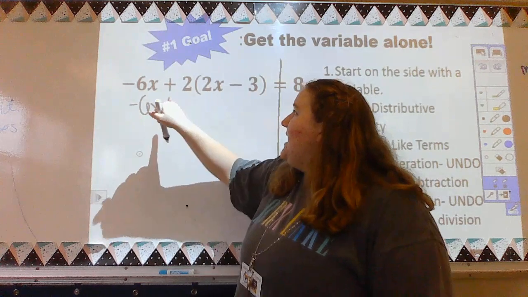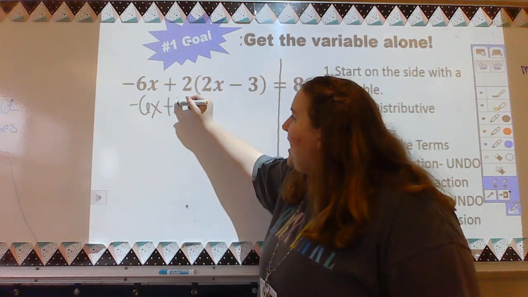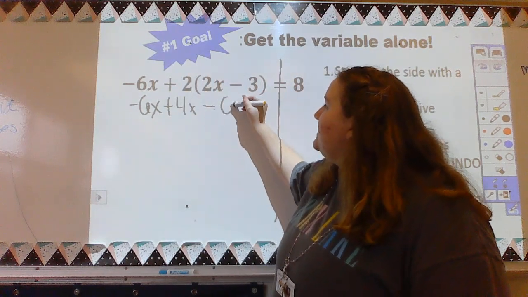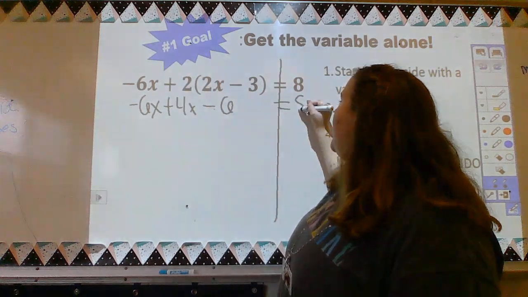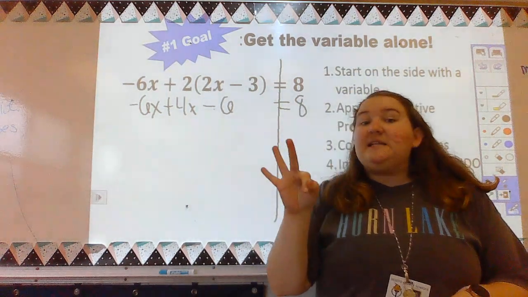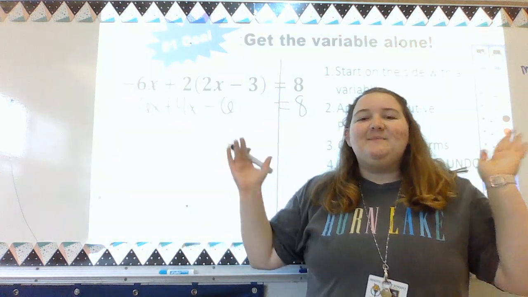Okay? Now, 2 is in front, so I'm going to say 2 times 2x is positive 4x. 2 times negative 3 is minus 6. Bring down your equals, bring down your 8. Okay? Now, because there are 3 terms, we want to combine them, combine like terms, okay, to make a smaller